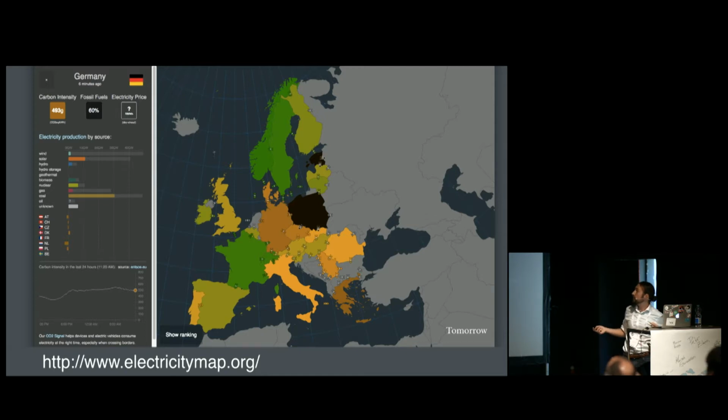So you can see France is super green because it's full of nukes. Scandinavia is full of mountains and hills, so they've got loads of hydro, which means they're green. Germany, where I live, has lots of solar, which is good, but we also have lots of coal, which isn't so good. That's why we're in that dirty orange color. Poland has loads of coal, which is why it's a deep, dark black. Likewise with Estonia up here. But you get the idea. If you have data going through this, it's going to affect the impact of it.